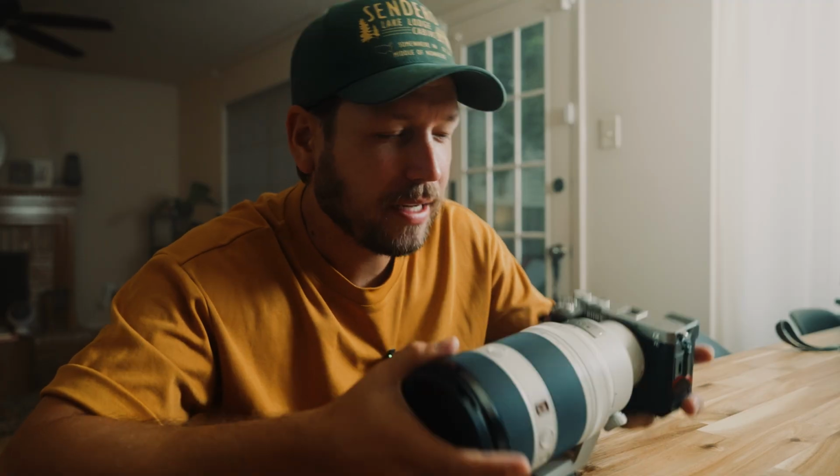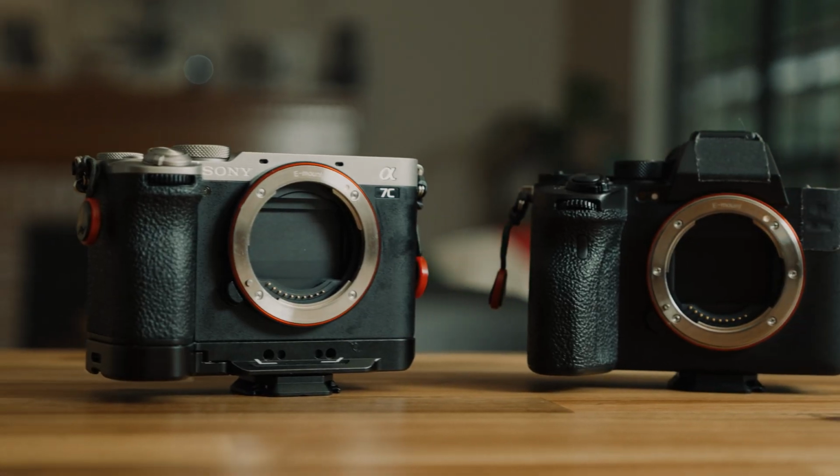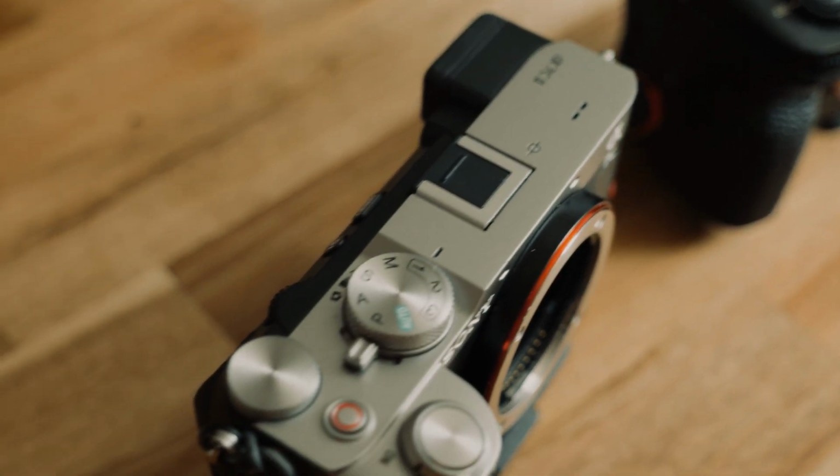So I've personally relied on my Sony a7S III and ZV-E1 for all my low light capability needs. But what if my Sony a7C Mark II is actually good enough to do 12,800 ISO? We're going to run a little experiment with the a7C Mark II and the 50-150 f2, because it'll allow more light